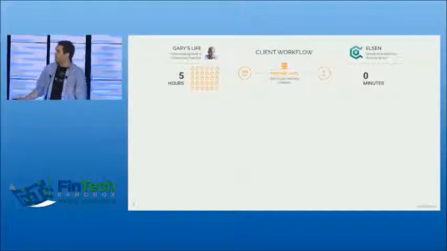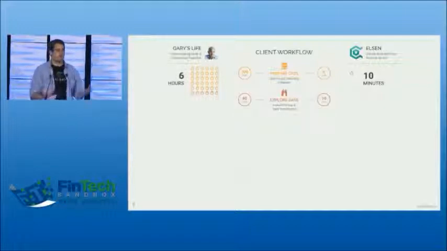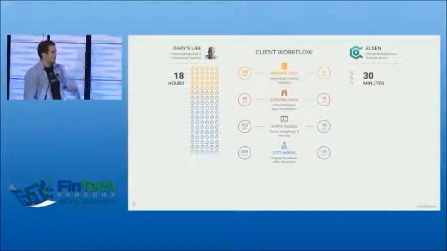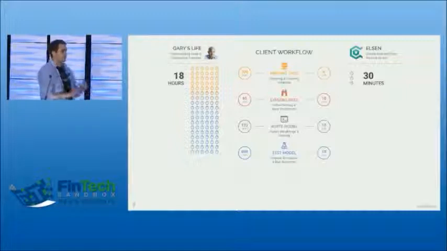We've been working with them for quite a while, and so we have a really nice high-performant managed database to help Gary out. Then using the Elsen point-and-click interface, he can explore that data and modify it very easily. He can then, either using Elsen's domain-specific language or that nice interface, start building his alpha factor model. And once Gary hits that go button, this is where he's really going to see the power behind